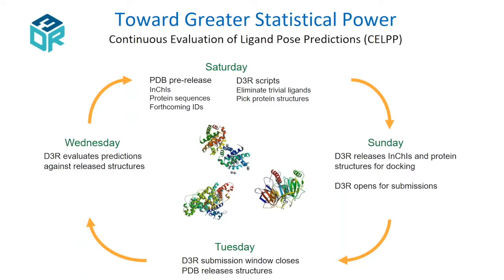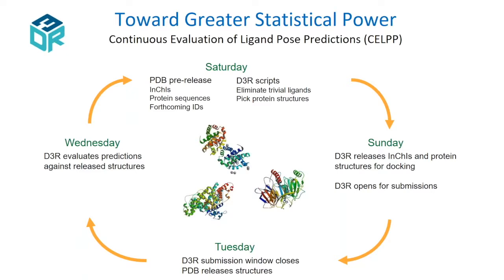The basic idea, and this is really modeled after CAMEO from the protein prediction world, which is an automated challenge in a similar vein. This is based on the fact that the Protein Data Bank, with thanks to Stephen Burley, the director who's here, every week gets a whole bunch of new structures out. A significant subset of those are protein-ligand co-crystal structures, and a subset of those have ligands that are drug-like, bound to a protein of interest.